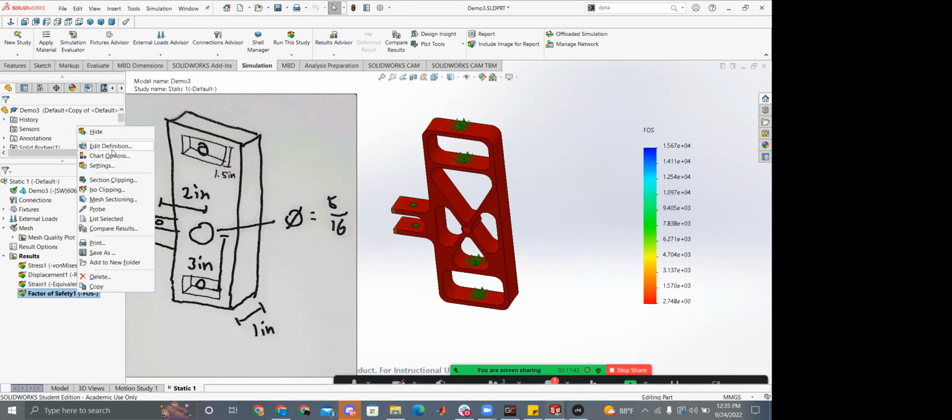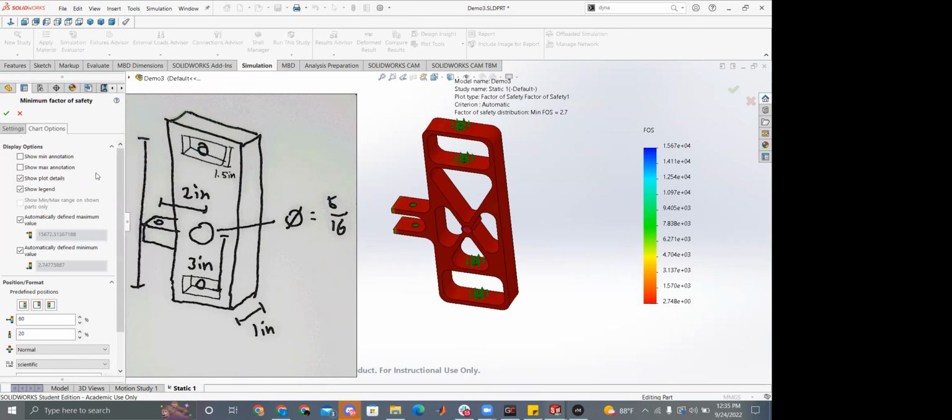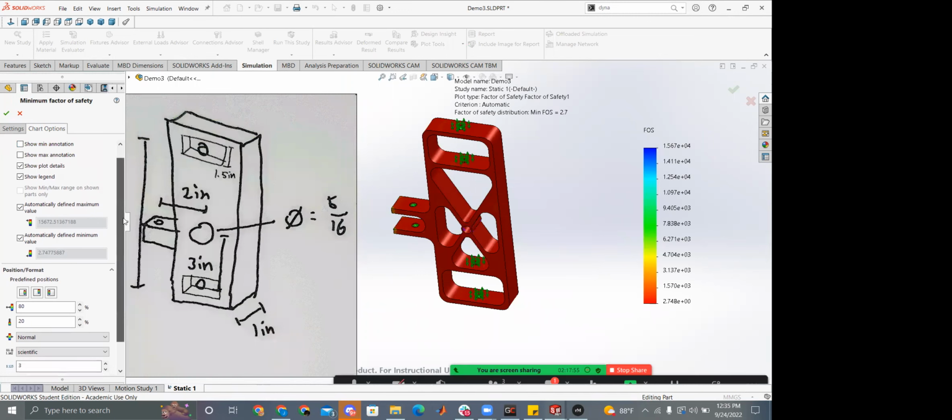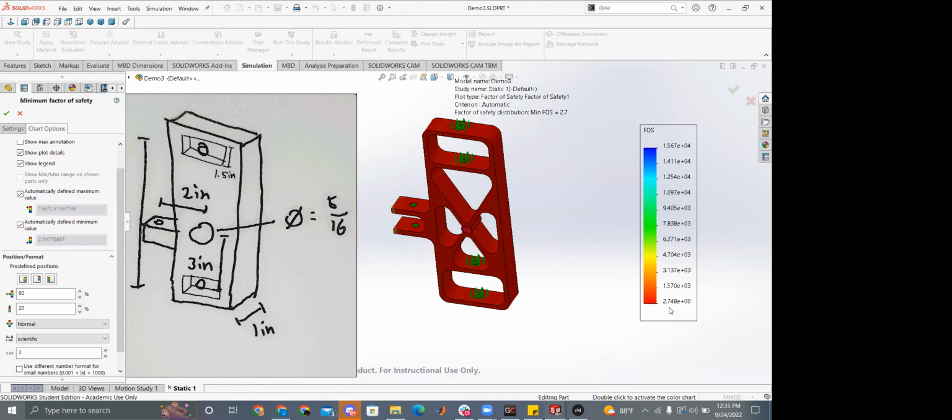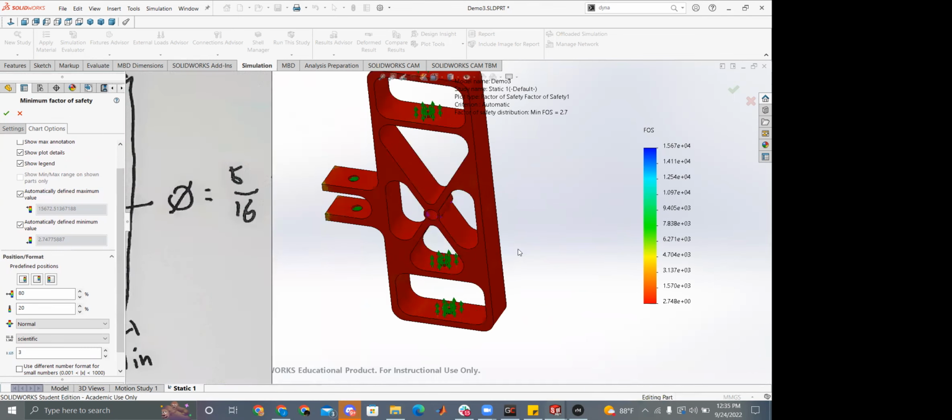is to show, again, the chart options. We have a few more options here than for the stress. So we can, of course, show the minimum factor of safety. That's going to be important. It's going to match maximum stress unless you have multiple materials. Something else that we can do is set a range for the factor of safety. So we can see the ranges from 2 point